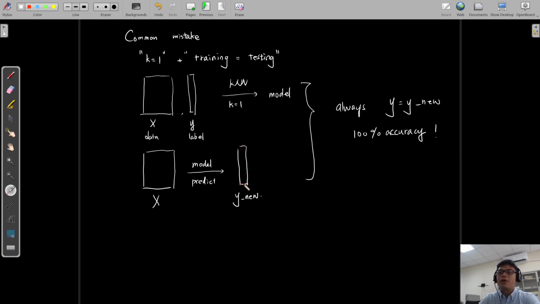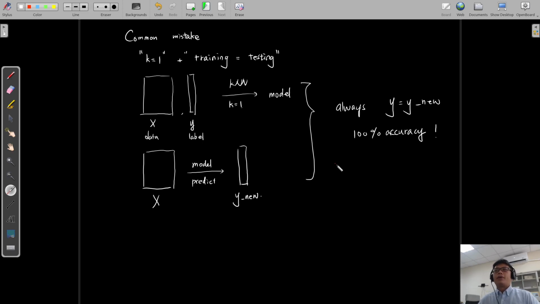So all the time you are going to get exactly the same thing. Y and y new, they are going to be the same, and you got 100% accuracy. And it just means nothing. It just means that you set the model somehow in a kind of ideal, unrealistic way, so that everything is too good. And it doesn't mean that your model is perfect. Okay? So I will show you one example later. But